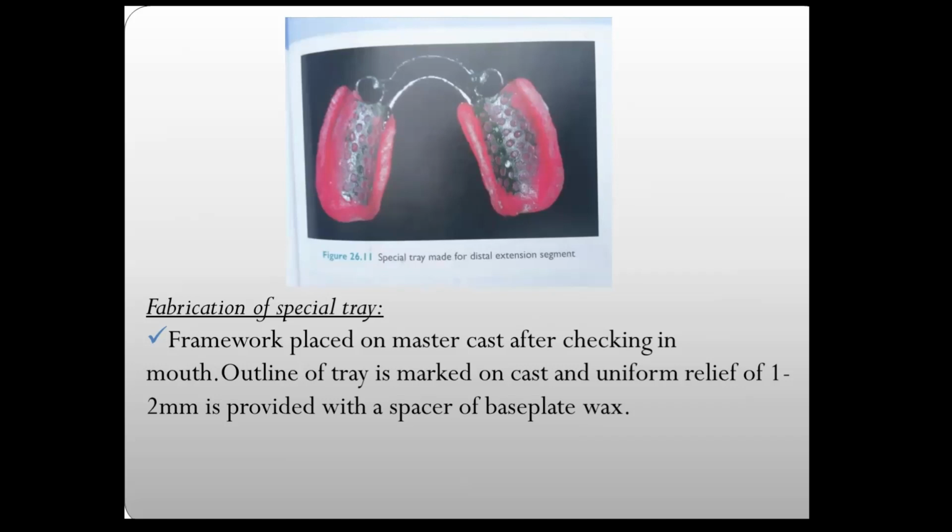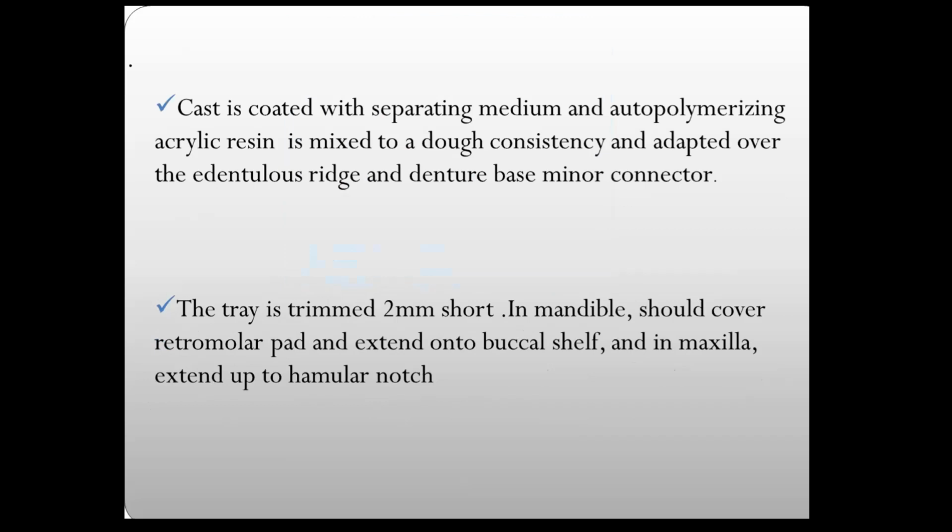Sorry, it's not the denture base, it's the special tray. Then a relief is given with base plate wax, 1 or 2 mm. Then the cast is coated with separating medium, and using resin we fabricate a special tray in the distal extension area, and the tray is trimmed 2 mm short of the sulcus,